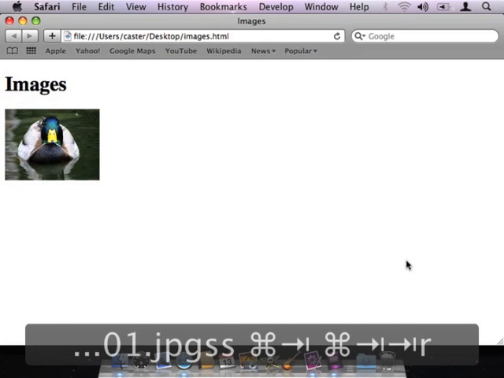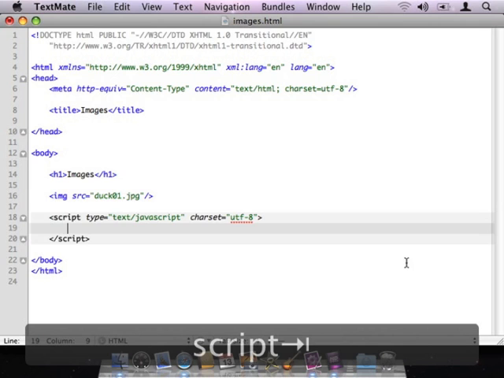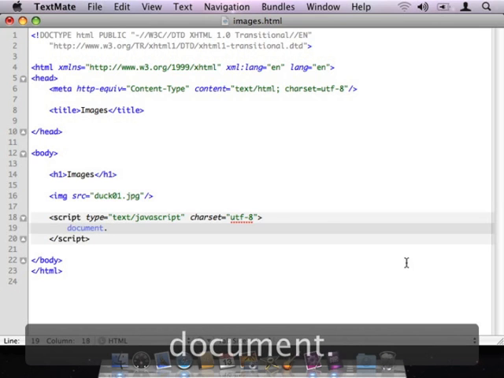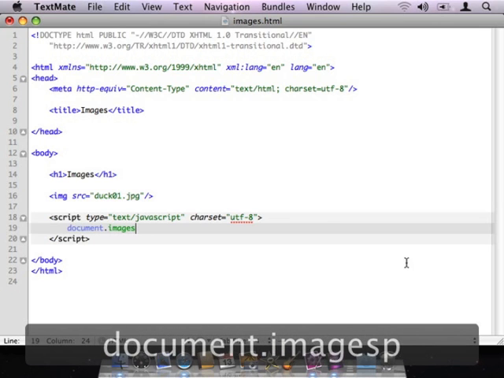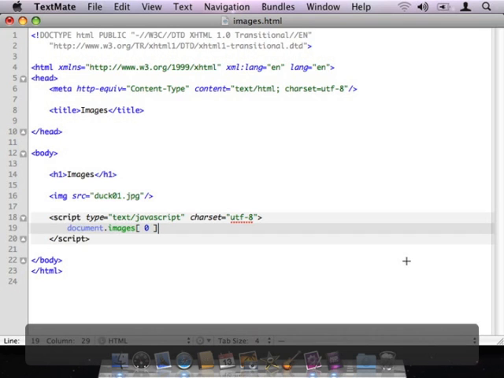If I look at it in my browser, there's my image of the real duck. Now what I could potentially do is have JavaScript also access that particular image tag. I could do something like document.images element 0, which again, just like with the forms, indicates that we're accessing the very first image tag on this particular page. And then I'm going to say the attribute of that image that I want to work with is the source attribute. And what I'm going to do is put in the image of